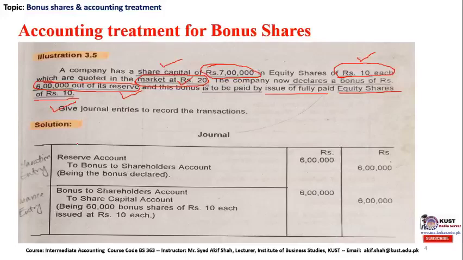So as we have learned in our previous slide, there should be 2 entries. Number first will be the declaration entry. The pattern is well known to the student that this column belongs to the date column and this belongs to the account title and explanation. These two are account titles, and beneath these two titles we can see in the brackets a small narration. This is why the title over this column is usually account titles and explanation. This is our first debit column and this is our credit column.